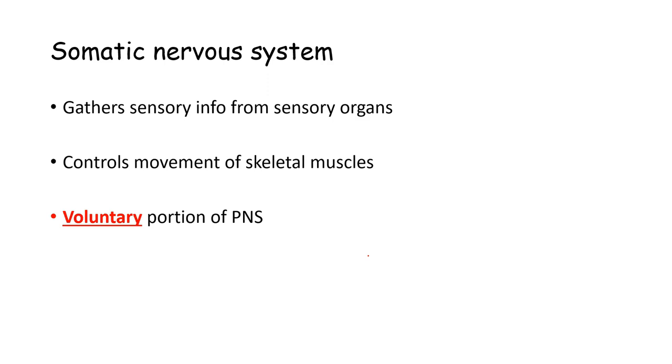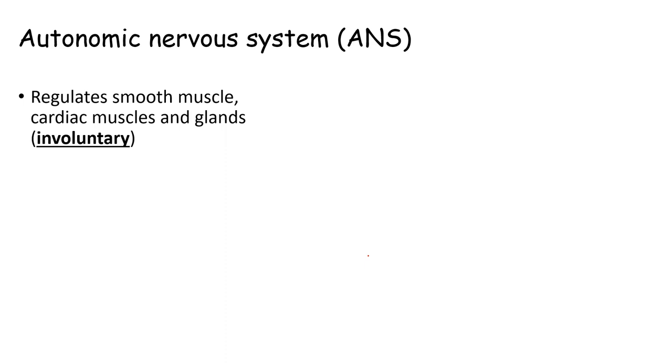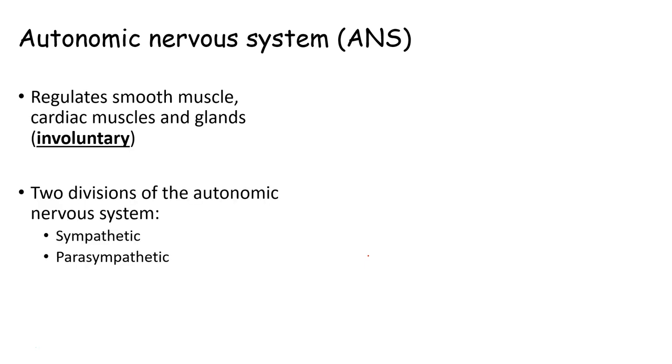The somatic nervous system can be thought of as the voluntary portion of the peripheral nervous system. It gathers sensory information from the sense organs, but also controls movement of the skeletal muscles. The autonomic nervous system, or the involuntary portion of the nervous system, regulates things like digestion, cardiac muscles, and gland secretion. There are two divisions of the autonomic nervous system I mentioned earlier, the sympathetic and parasympathetic divisions, and they